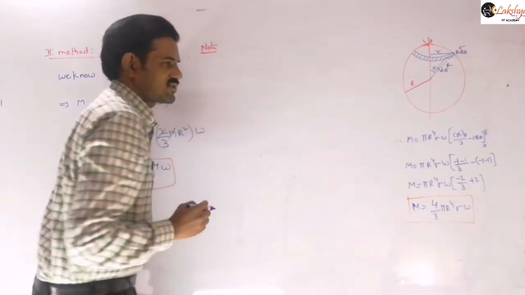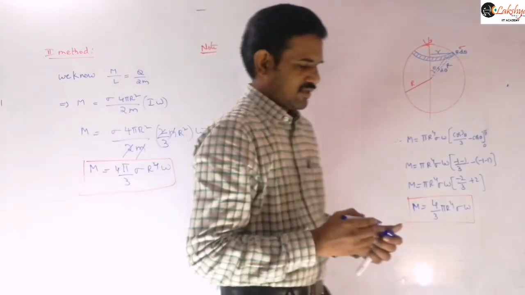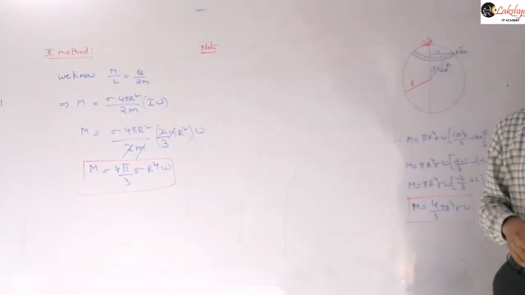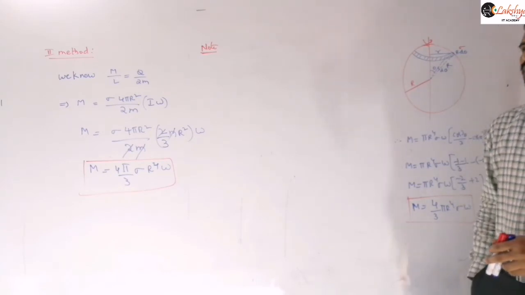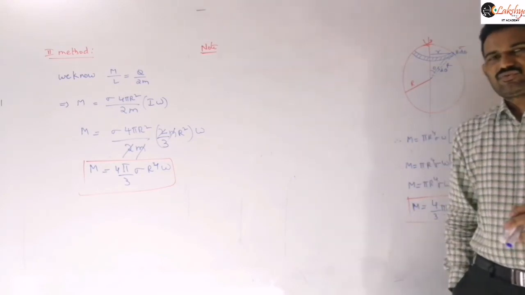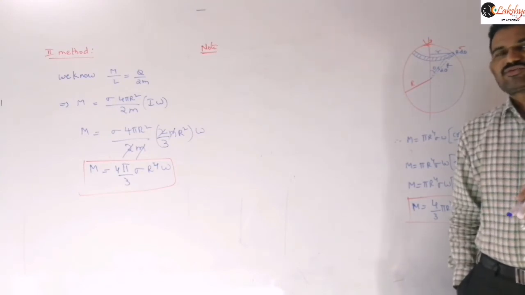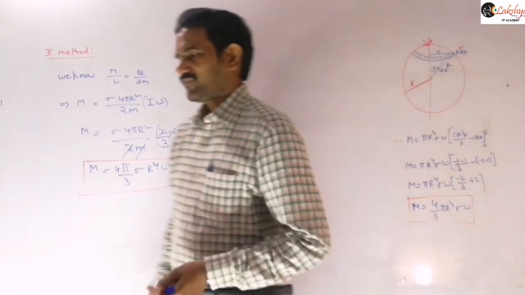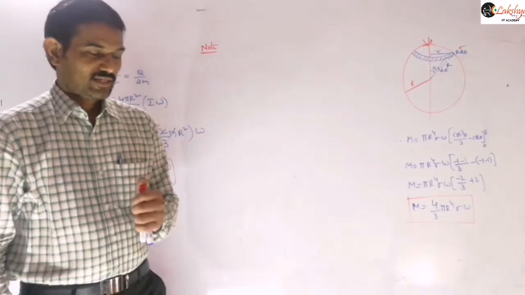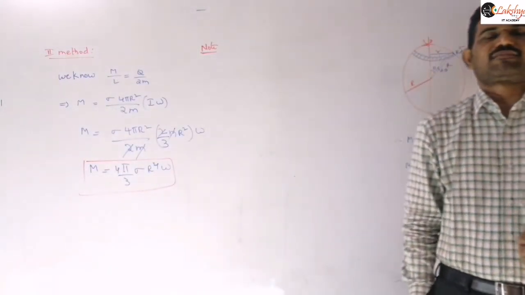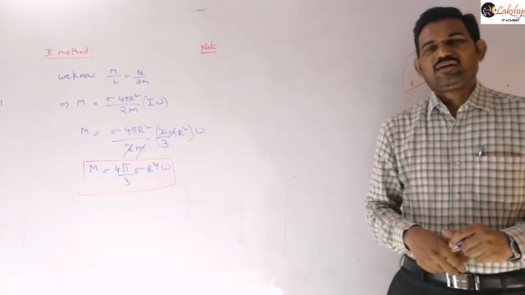If sigma is the surface charge density of a solid conducting sphere, or let us write in terms of Q so that you can compare the ratio there. If Q is the charge distributed on the surface of a conducting sphere of radius r,